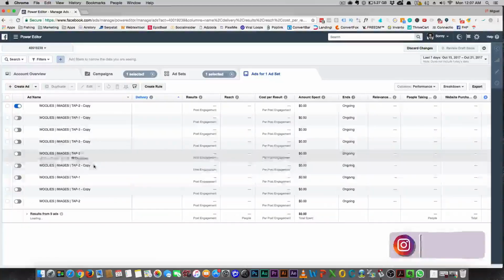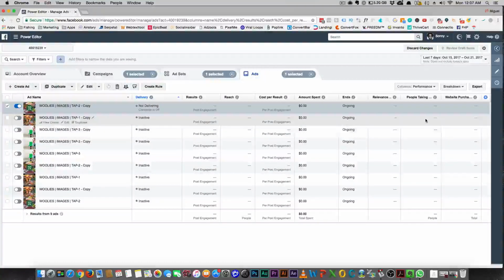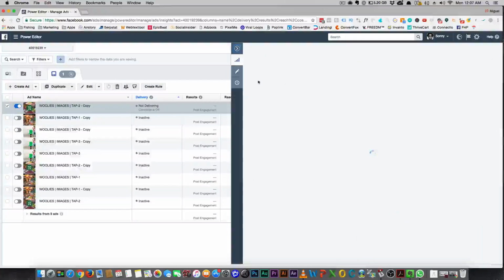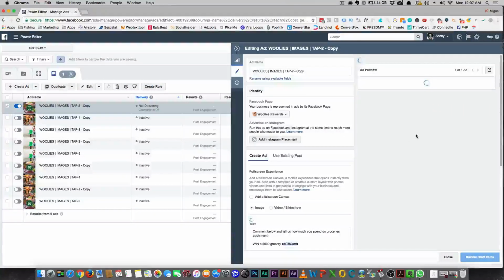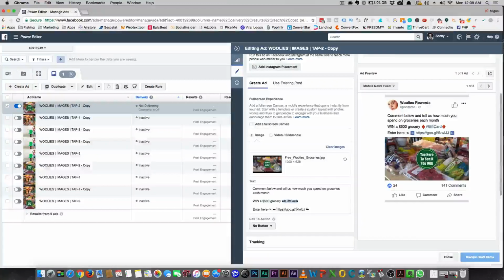So when you actually go in the ad set, you can see how many images I tried and tested inside of this particular ad set. So if we wanted to take a look and see what this ad set looked like, you can see this is what the ad looks like here. And earlier I said it said tap here, and that's what you'll see right here. Tap here to see if you win. Now, what's interesting about this ad is it's about giving away a gift card to people to win a $500 grocery gift card. And I wanted to see what image tested better, right? And this was one of the images that tested well.